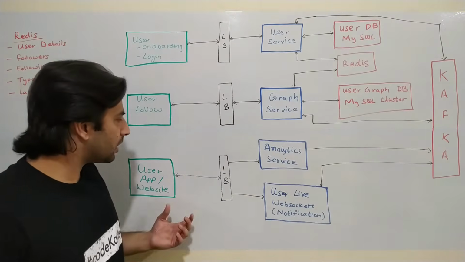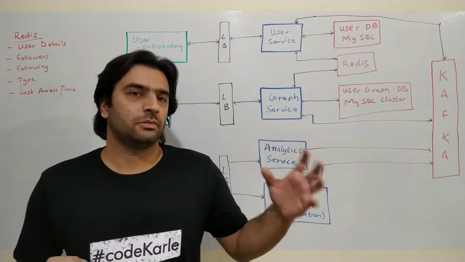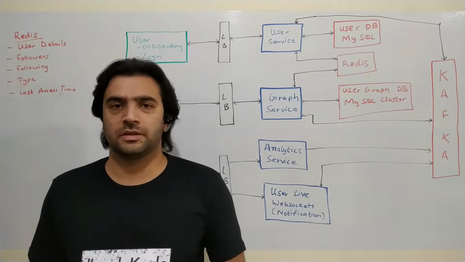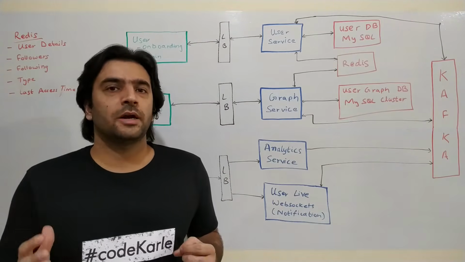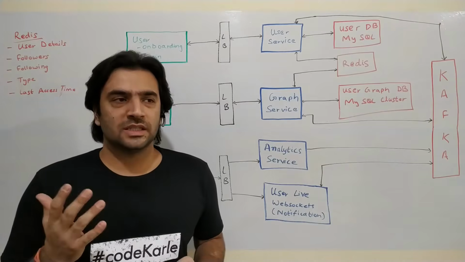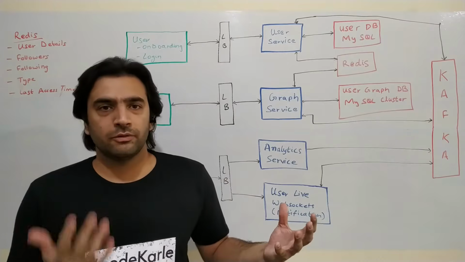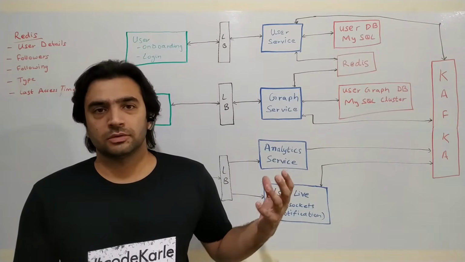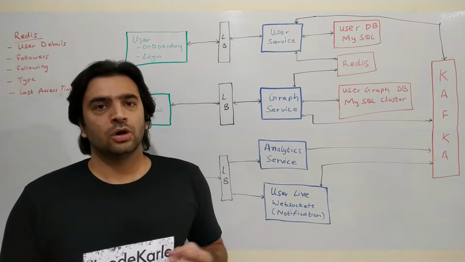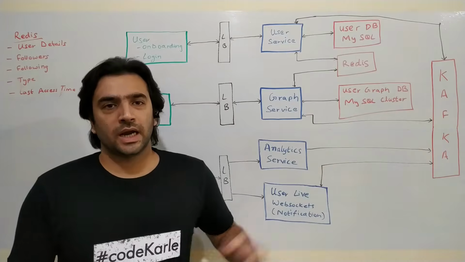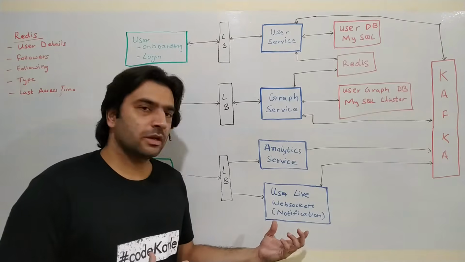Okay. Coming to the last service in this. Remember the user grouping that we created of famous users, active users, live users, passive users, and all of that. There was something called live users. These are the users who are using our platform right now. So let's say if I'm using Twitter right now and one of the people I follow posted something, it would make sense that it just somehow comes to my phone so that I don't have to open the app or refresh. Or let's say somebody has tagged me in a tweet and I get notified about that, that will be a nice user experience. So that is done through this service.